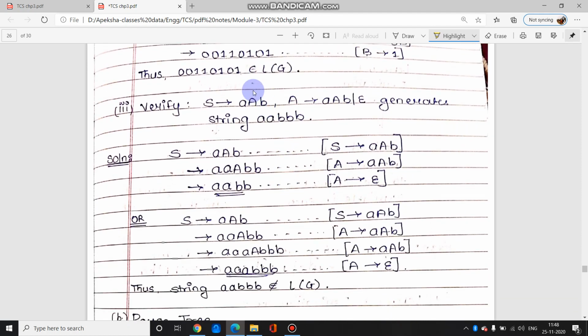This is the next example over here. These are the productions which generate strings a a b b b. So let us start with this because we are having only one start symbol. So S gives a a b, ये जो starting में production rule है वही use किया है. Now the next symbol is again small a, so a का production this a a b should be used क्योंकि उसी से small a मिलेगा.